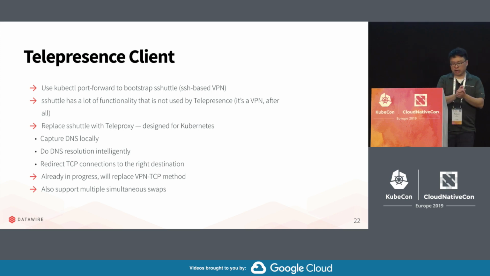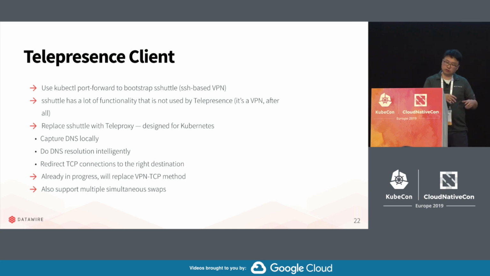The challenge is sshuttle actually has a bunch of functionality that is not used by Telepresence. I mean, it's a VPN after all, and we're not really building a full VPN. So what we have started doing is we've written this thing called Teleproxy, which is written in Go, designed for Kubernetes, and it just does some very simple things on the client, which is all we need to do. It does that local DNS capture, DNS resolution, and it redirects TCP connections to the right destination. It doesn't do anything else. And so we've actually embedded Teleproxy